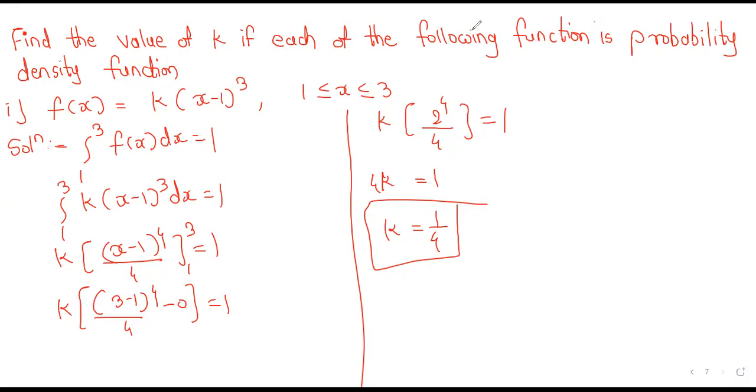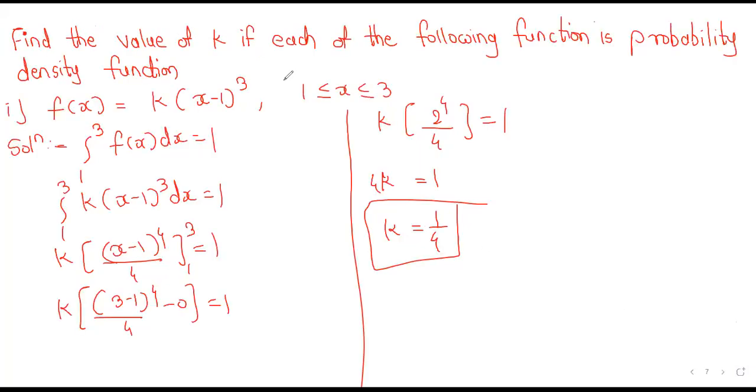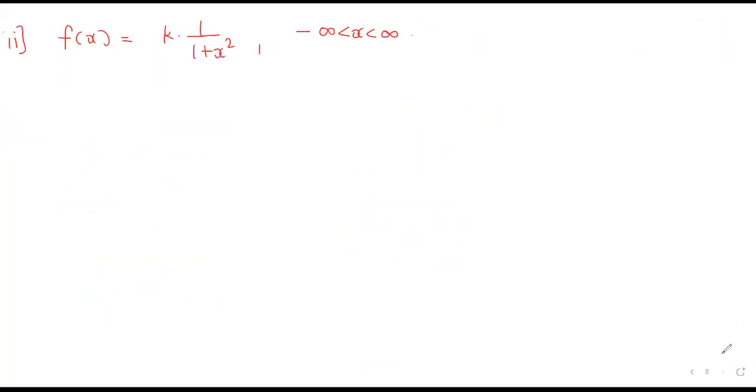Done. Okay. Let's take one more example. Example number 2. f of x is equal to k into 1 upon 1 plus x square for minus infinity less than x less than infinity. Okay. So what was the common question? The given function is a probability density function. So as the given function is probability density function,